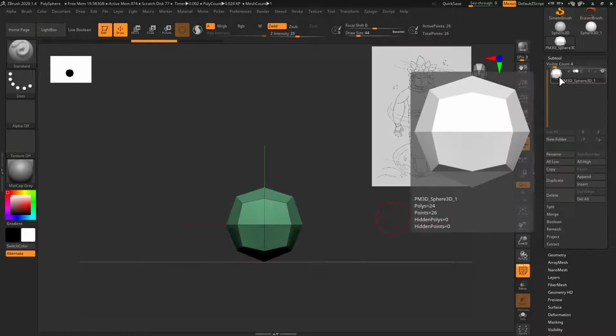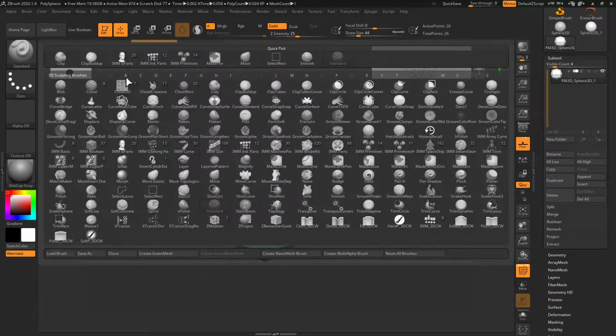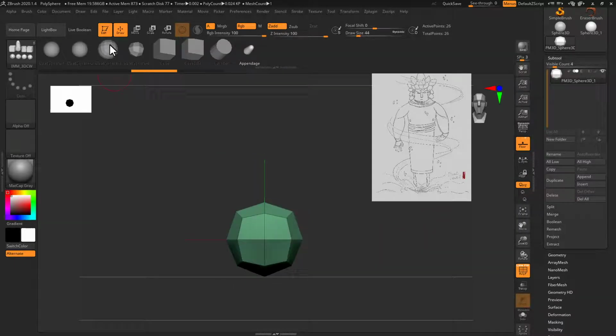So the brushes per se that we're going to be using are these ones. Okay, so in these brushes I already have some of them that are quite low res, some of them quite high res. I think this is this one that we just had, the quad sphere. So what we're going to do is work on this and on something that looks subdivided, so